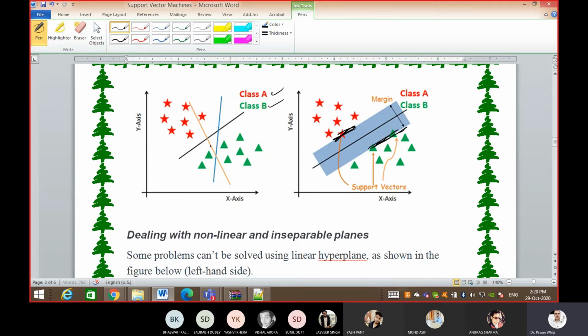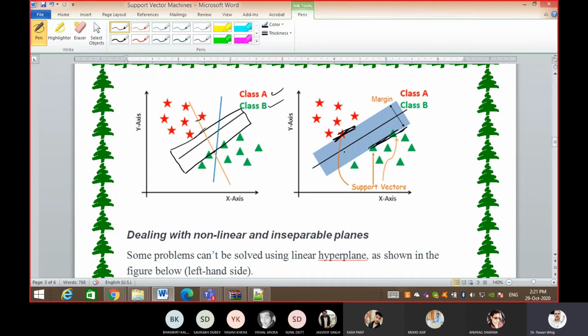If you draw the other lines, the data set does get separated, but the margin is not good. That is why the black one is the best segregation. So the SVM algorithm tries to maximize the margin, and the plane which classifies these two data sets with a large margin is basically your result.